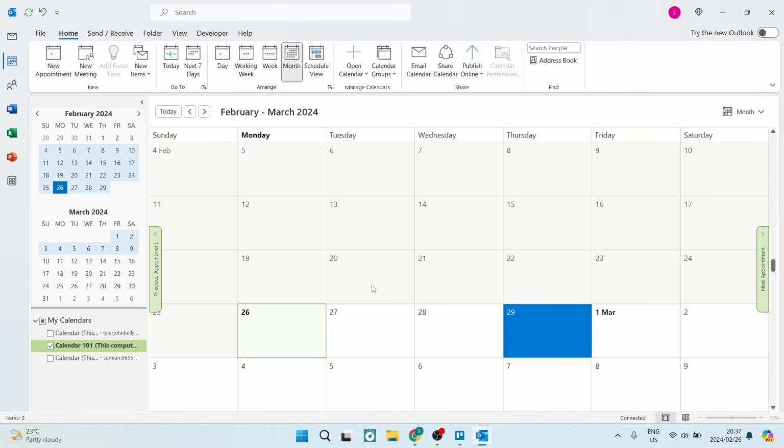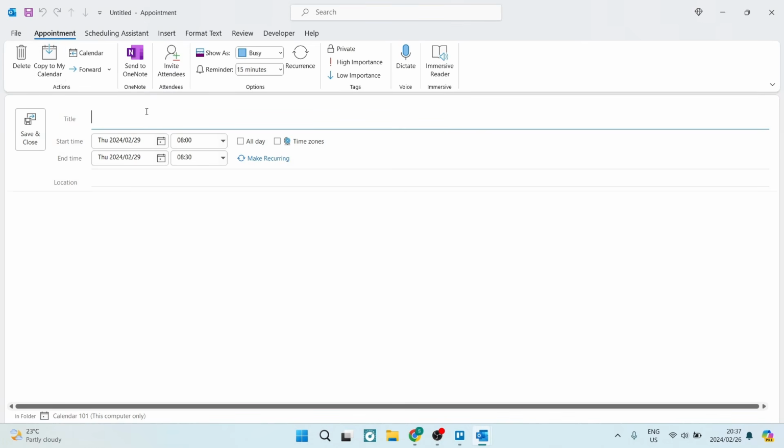Once we've selected our day, we're going to go up to the toolbar at the top on the left hand side. You can see it says new appointment. You can tap on new appointment. Over here you can give the appointment a title. You can give it your start time and your end time, including the date and the time over here. So let's make this 9 o'clock,